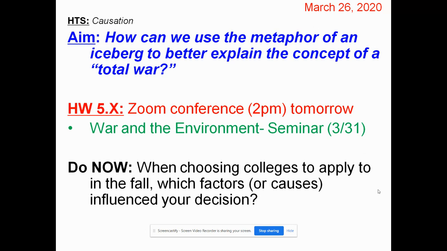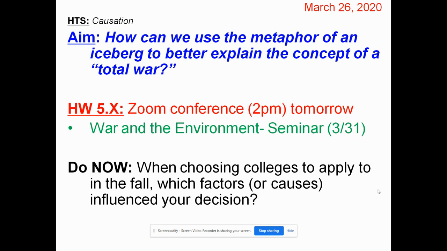of total war. So when you think of an iceberg, there's what's on the surface, the things that we can see at the surface, and then there's everything else that's below the iceberg, which is really the deeper causes for specific things when we look at it through the analogy with historical events. And we're going to be using this to examine the concept of total war and conflicts in world history.